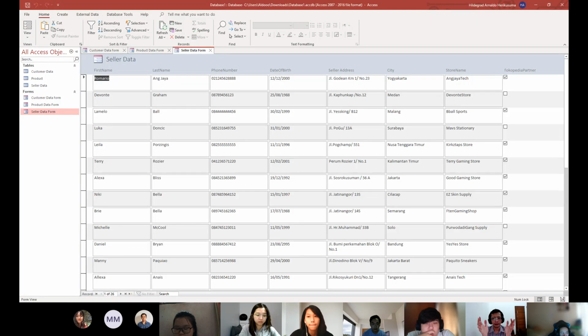So basically, if you have one form, you only look at the data that you are entering, not the others. You don't want to see the other data that is already in that table. The idea of a form is to hide the table from the user.